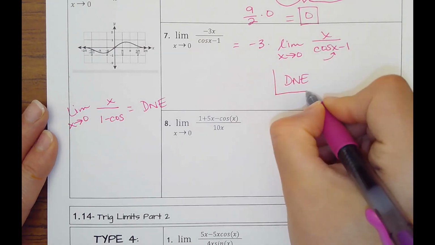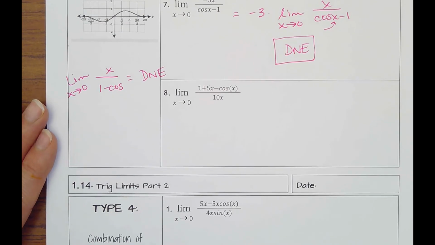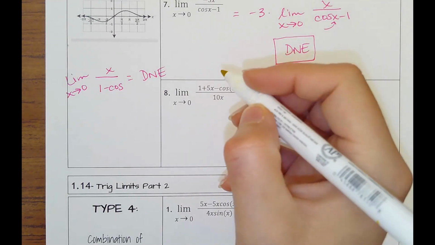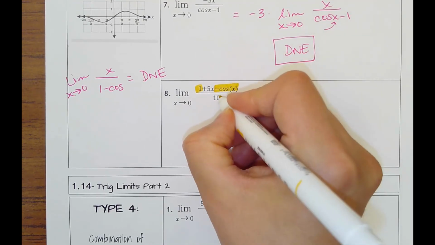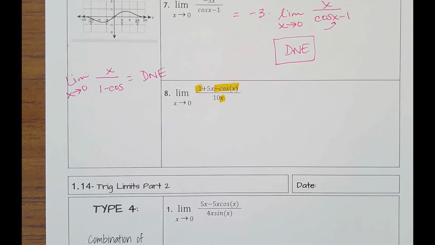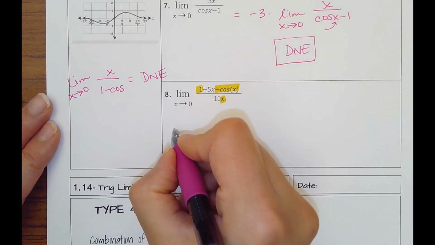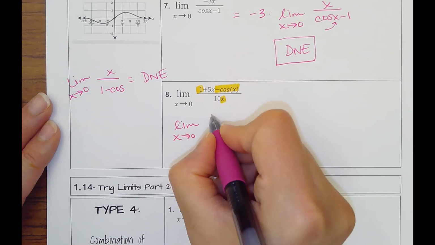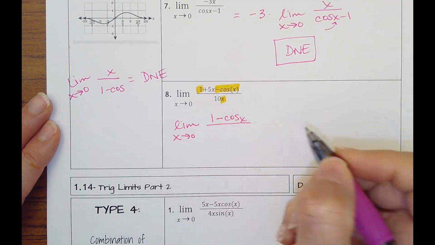All right, and then number 8. You should be able to identify that you do have the identity right here. 1 minus cosine of x over x. We just have to figure out how we can get that split apart. Well, the top is all addition and subtraction, so it's not as easy to split apart as multiplication is, but we can still do it. Let's group together the 1 minus cosine of x. It'll be over